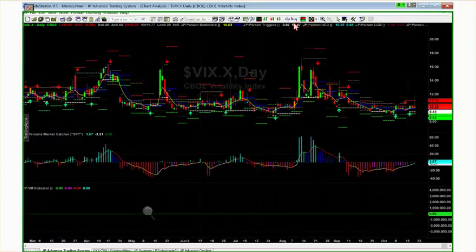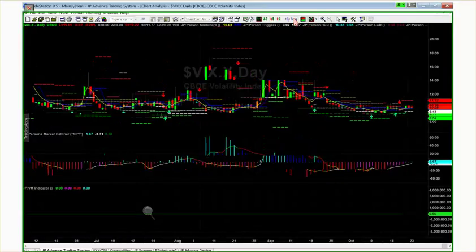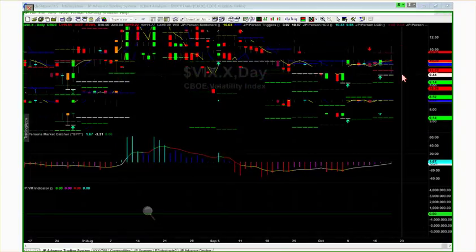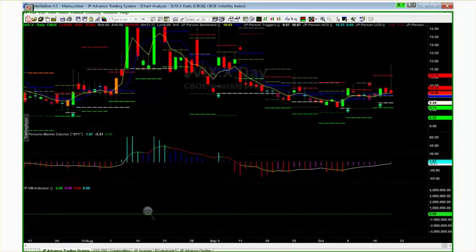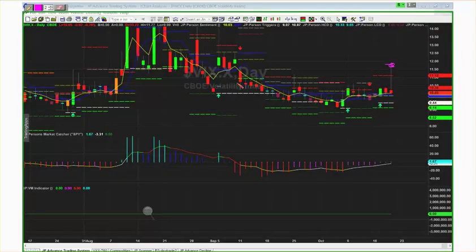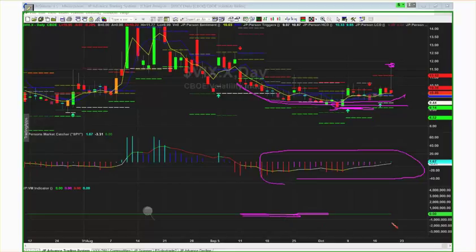There we go. So what was interesting in the market, at least to me, which has caught my eye, is that we got a small pop in volatility today. It didn't stay there very long. But as the S&Ps have made a newer high, the VIX itself has not made newer lows. The relative strength, now this is not an index to trade, so there's no volume. That's why you have a 0 reading here.